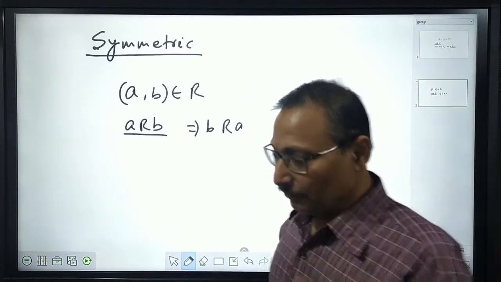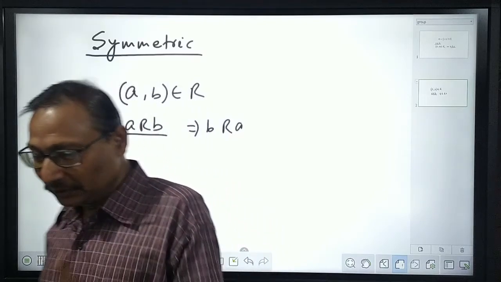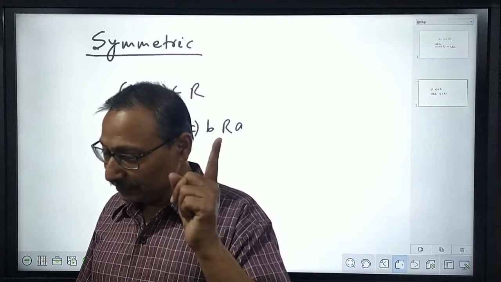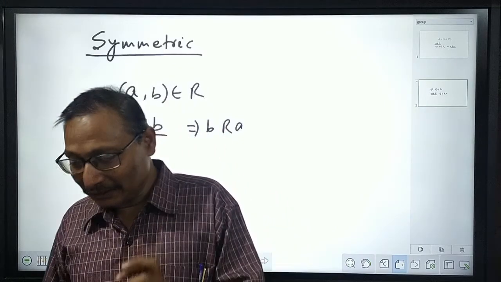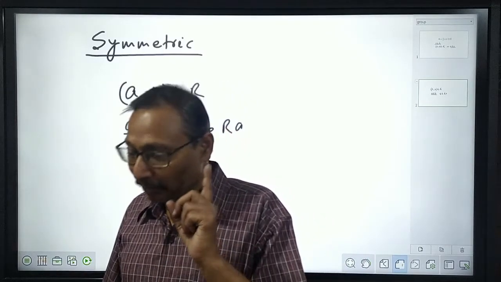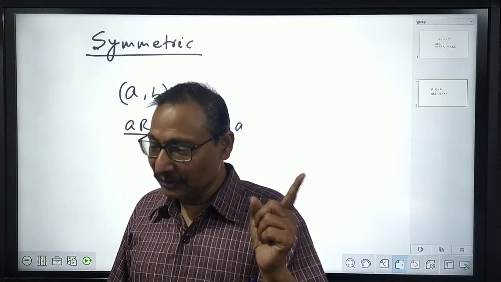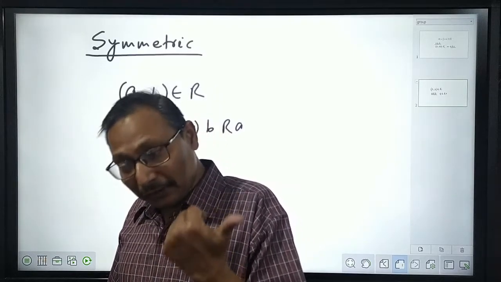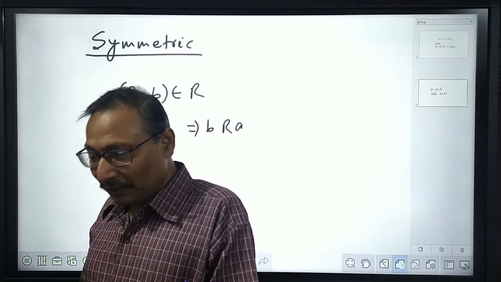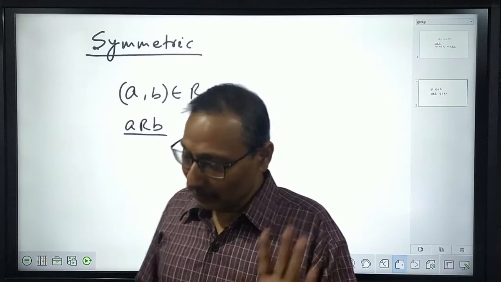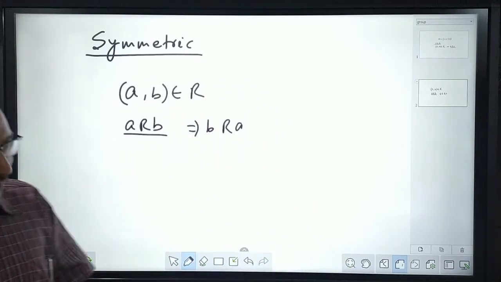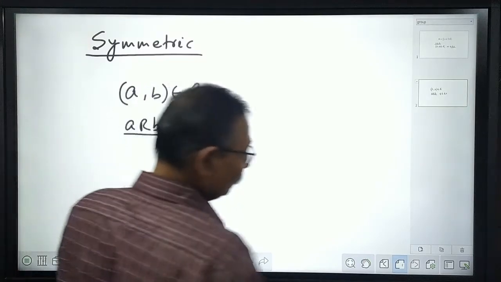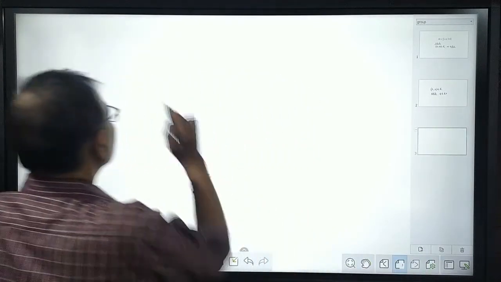So mind it, for reflexivity we are taking an element from the given set, and to show this relation is symmetric, we are taking a pair from the given relation. That means we are taking two elements which are related, and then we are to check whether the second one is also related to the first one or not. So in this process we take the first pair from the given relation,